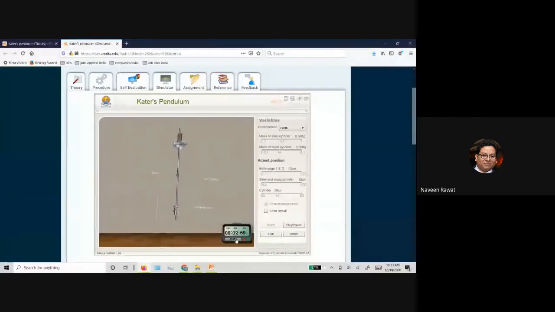Okay. And what I want to do is bring the time periods as close as possible to each other. And the way I'm going to do it is I'm going to adjust the position of this cylinder. Okay. So that is for fine adjustment, and that is what I'm going to do. Okay, so the simulator is straightforward. There's a lot of good theory given here that you should follow. Okay, and